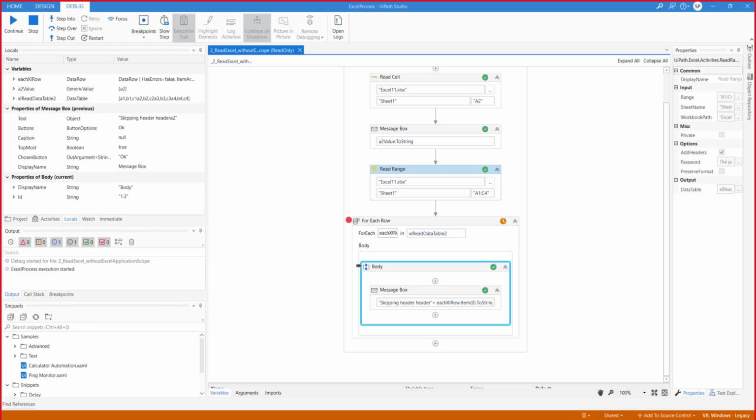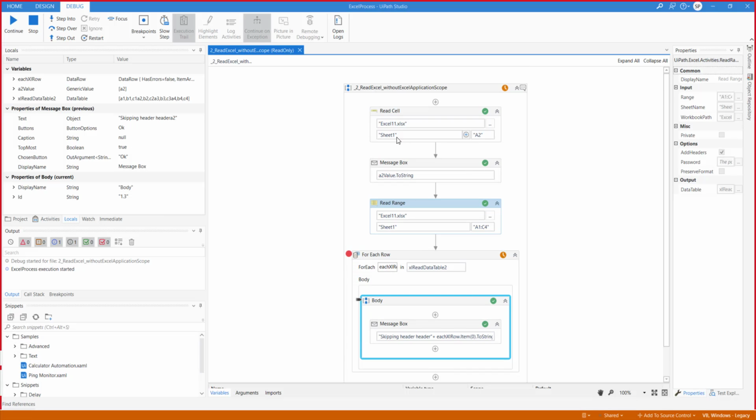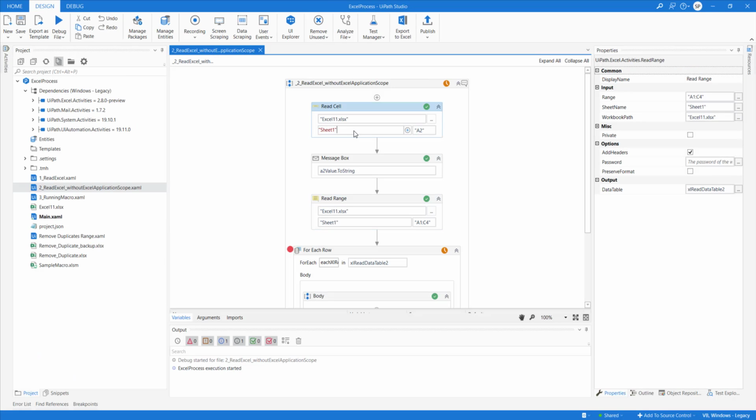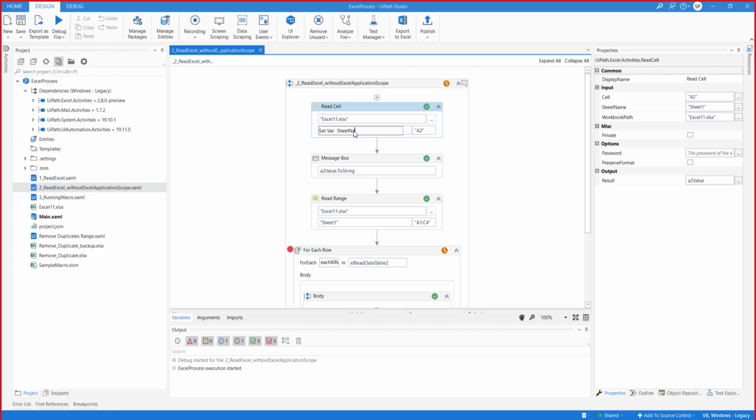Okay. There are multiple ways of doing it, right? One thing you could do is create a variable here and assign a value to that variable. Okay, so let me stop it. What you can do is create a variable called sheet name.